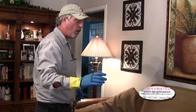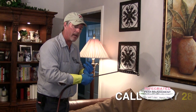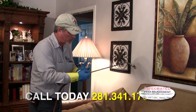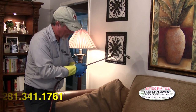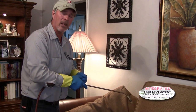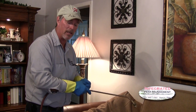So when you think about all the materials I've used: an insecticidal granule outside, 2 different residual insecticides, I used the residual insecticide inside, a synergist inside, a birth control inside, and Ultracide. I don't think I forgot anything. But that's a lot of materials. That's a lot of punches. And that alone is going to give you a good...